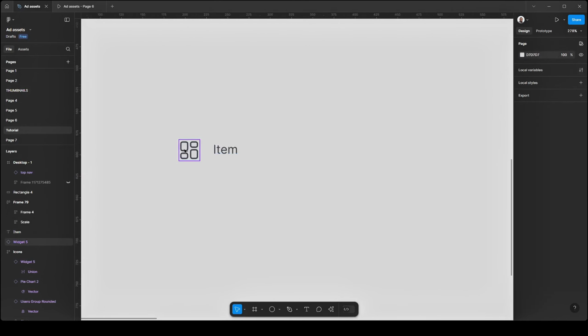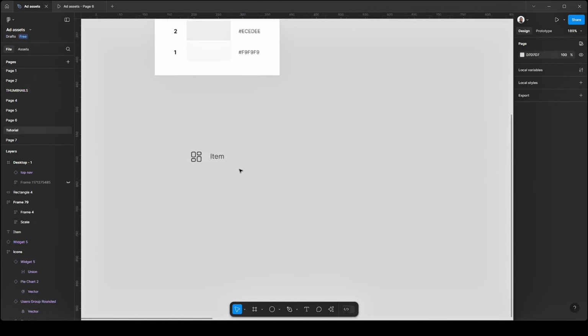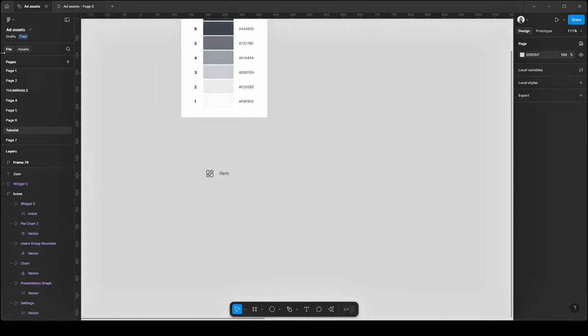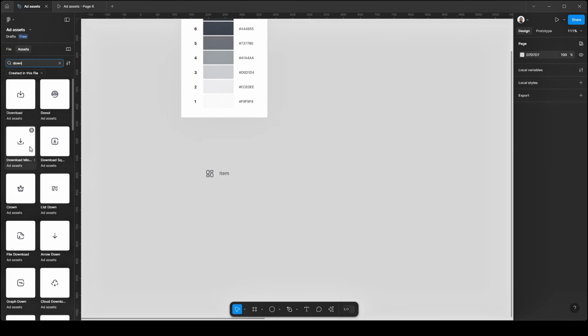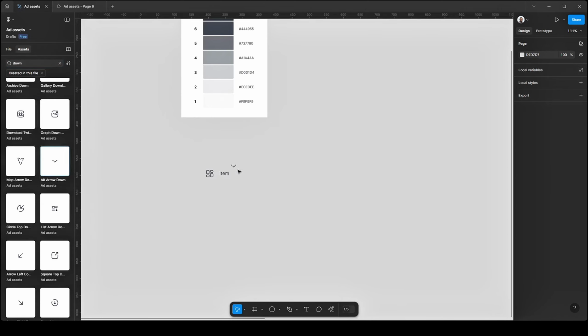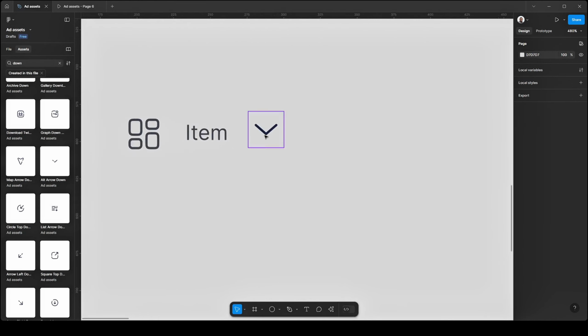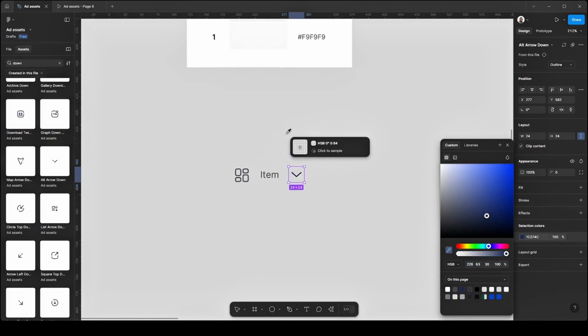So I'm going to make another duplicate of this icon. Well, let me just switch it to a different icon so that you won't be confused. Let me bring in a second icon from the icon library. Call it down. That's what will be best for this example. Let me look for a down arrow, which is this. The icon format is broken, so I'm just going to switch it to linear or outlined. Any that you choose is okay. I'm going to change the color of the icon to